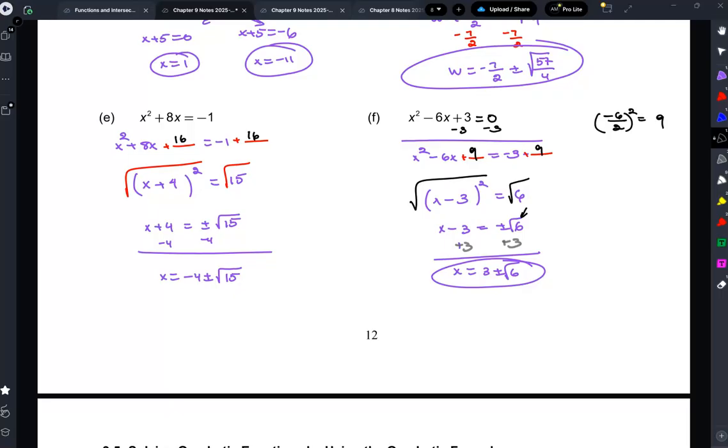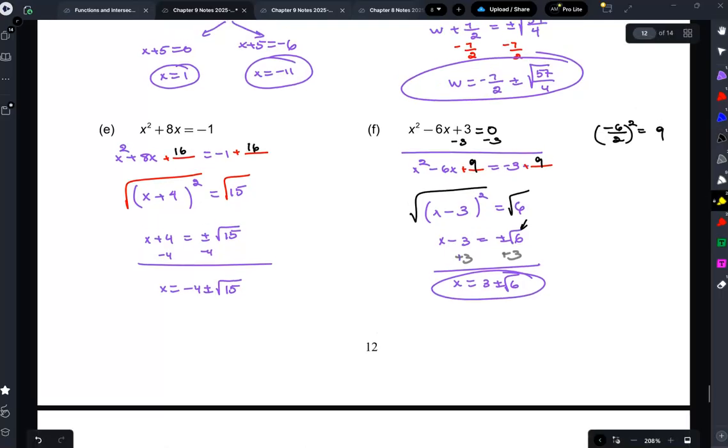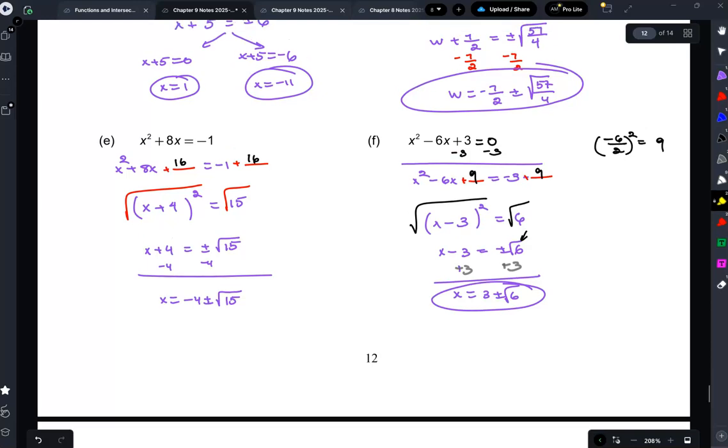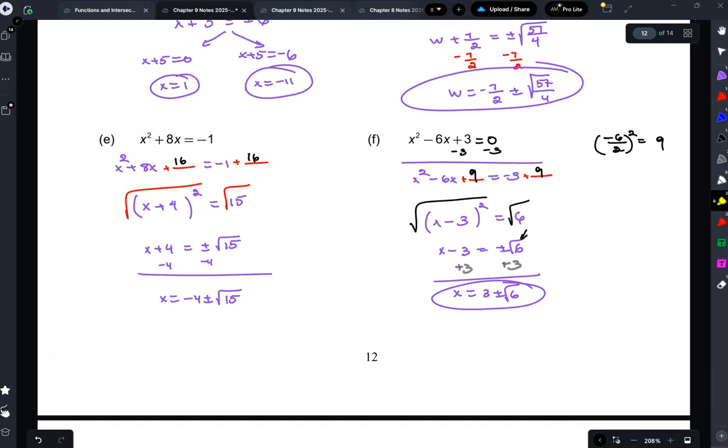I got negative 3 instead of positive. I did negative 6 over 2, and then I squared it, negative 3 squared, so I got 9. So yes. Negative 6 over 2. You got x minus. I was confused how you got that. So if you have a minus here, you have to have a minus here. Okay. All right. So